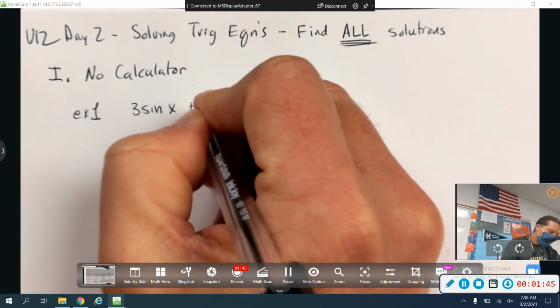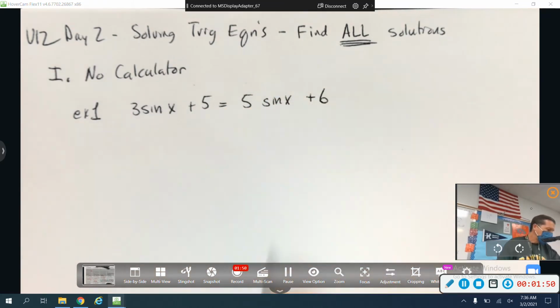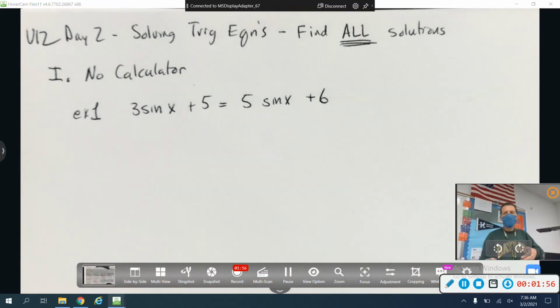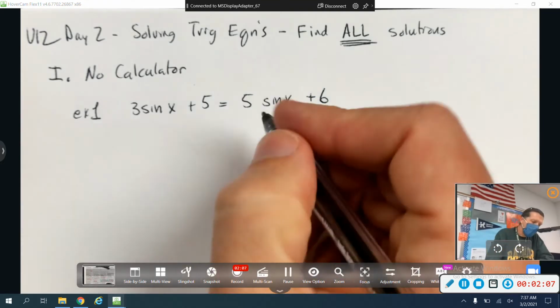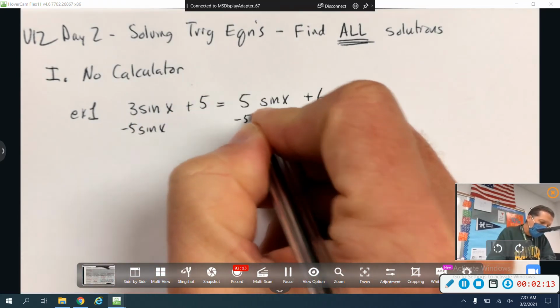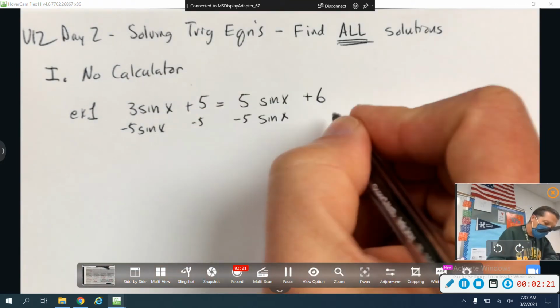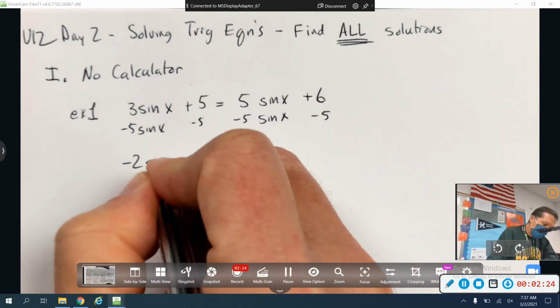3 sine x plus 5 equals 5 sine x plus 6. So any ideas on what we could do with that? Make it equal 0. Okay, so yesterday we made it equal 0. So we're not going to do that today, but we do want to move some things around. So I'm going to subtract 5 sine x over. In fact, we're going to treat this more like a normal equation where we get all our x stuff on one side and all the not x stuff on the other side. So negative 2 sine x